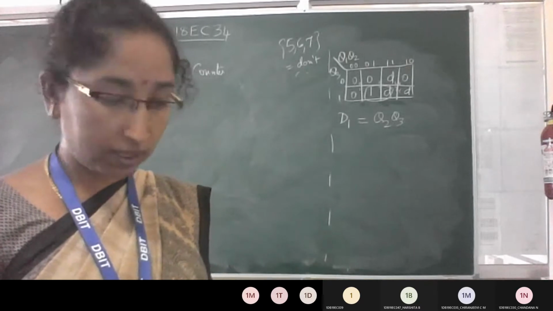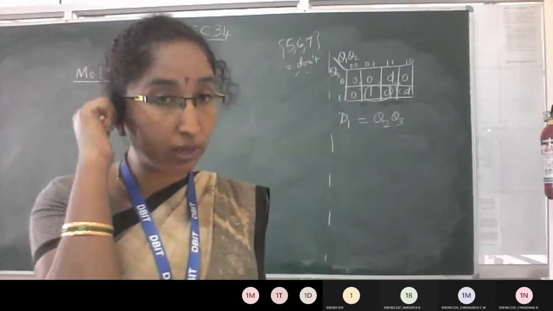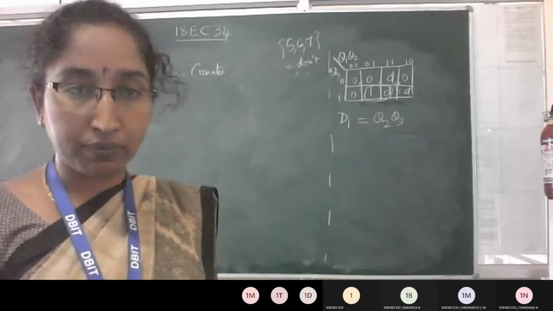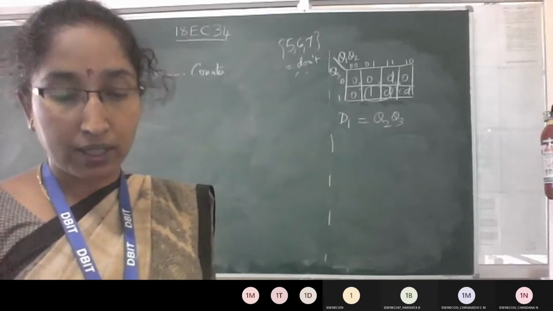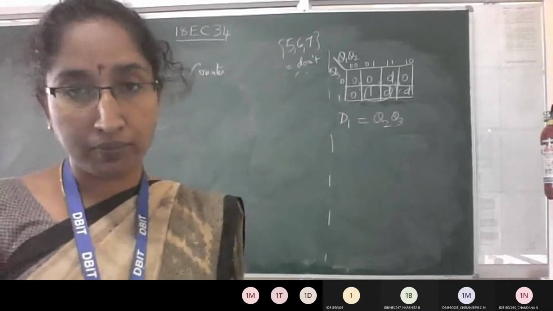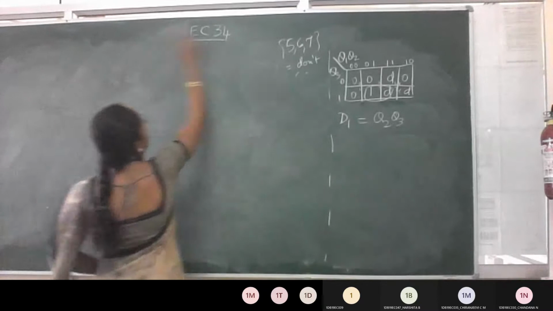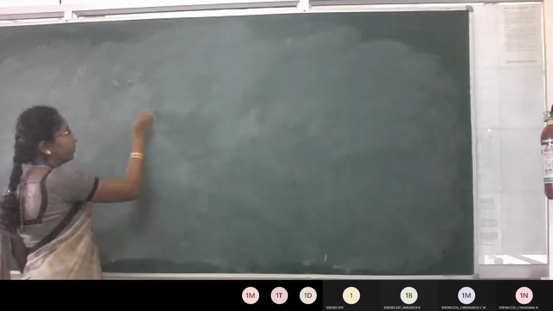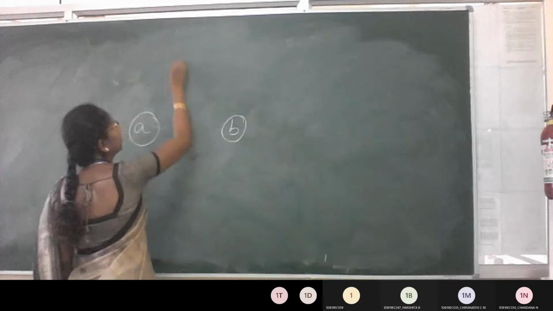Then coming to one more thing, the state diagram. In state diagrams you come across Mealy and Moore. Sometimes they'll ask you to explain Mealy and Moore state diagrams with an example. So look out for the block diagram and some simple examples. Mealy model and Moore model. In the Mealy model, you have to remember that inside the state only the state will be there. Outside the state, the arc or arrow indicates input and output. So what I am writing now is Mealy.